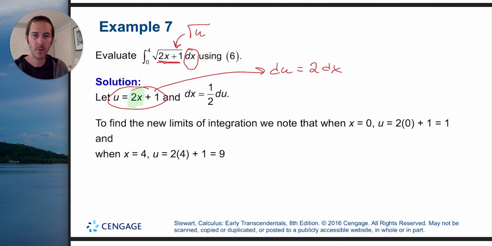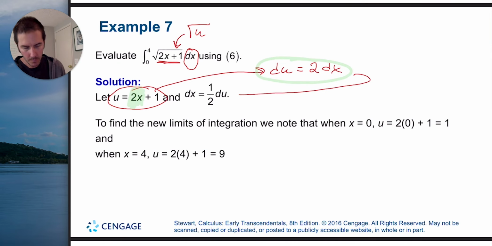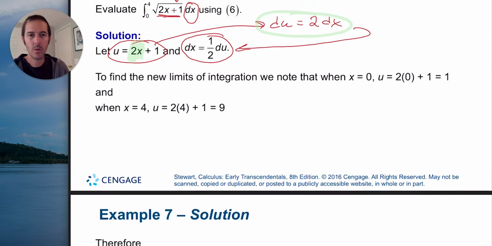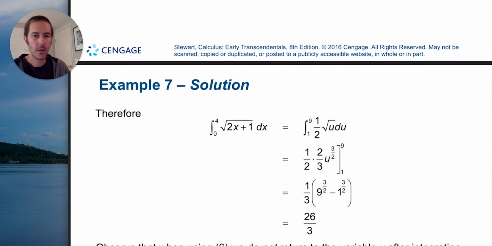And then if we multiply both sides of this equation by 1/2, then we get this statement right here. We have, in fact, solved for dx. So that's the other substitution that's going to happen. So let's rewrite the original problem now in terms of u. Actually, we'll come back. If we write the original